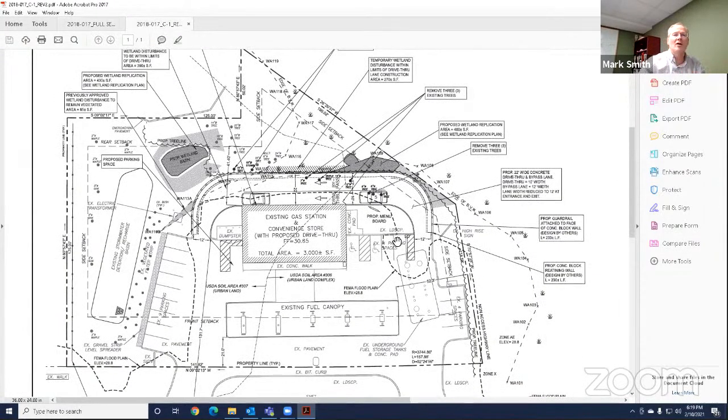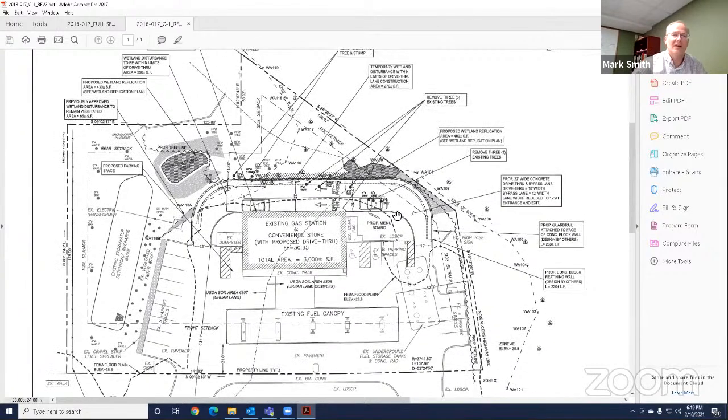Yeah, and so if you see by the expanded mitigation area, we went out and field located a number of trees, and by not having to do that grading from the toe of the slope, we're able to preserve all those existing trees. There was also a comment about doing